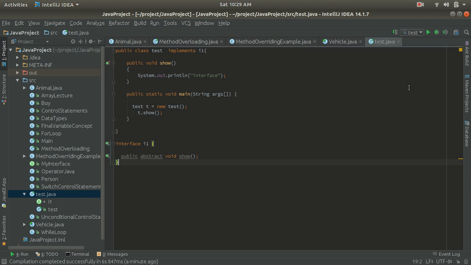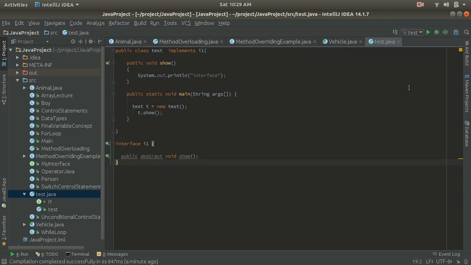Okay, so guys, in this lecture I also told you that the interface is used to achieve multiple inheritance. Here we are going to achieve multiple inheritance with the help of the interface.